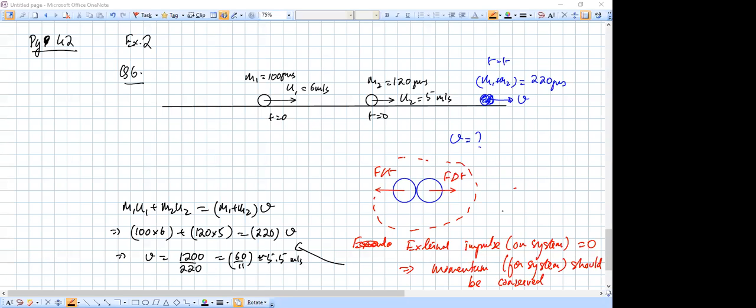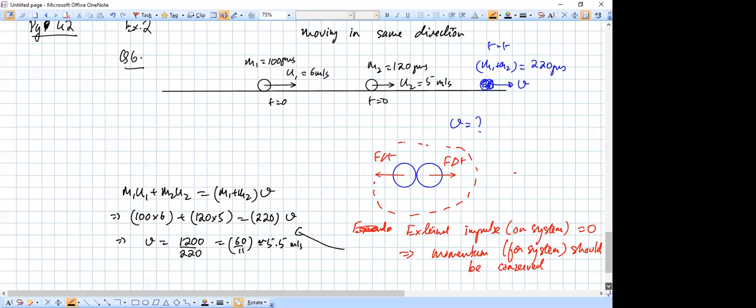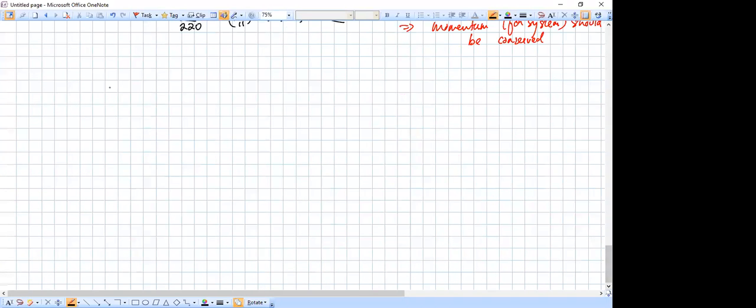But you'll notice something interesting here. The answer is not this, because the question's language has a mistake. The question doesn't mean that they are moving in the same direction. They're actually moving in opposite directions. So this is when they are moving in the same direction, which is what is given in the question. But it's a bit ambiguous because it also says that they are moving towards each other in the same direction.